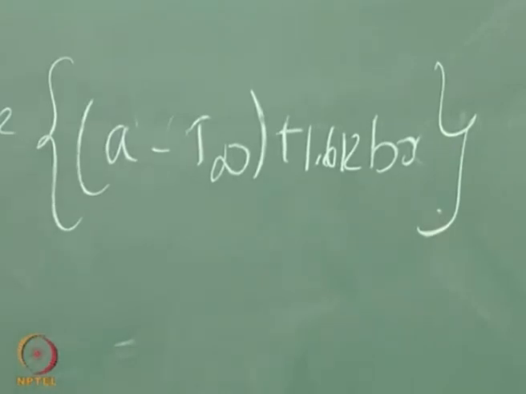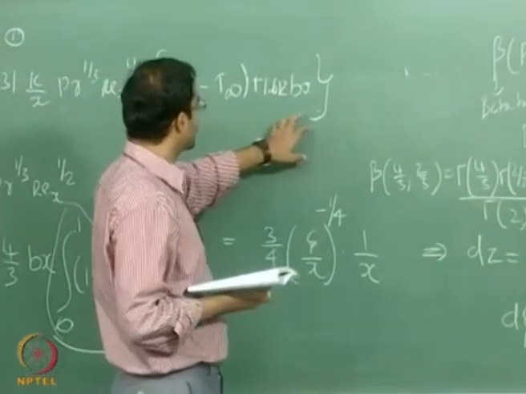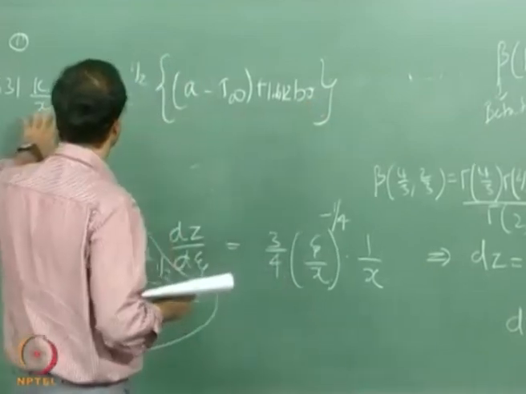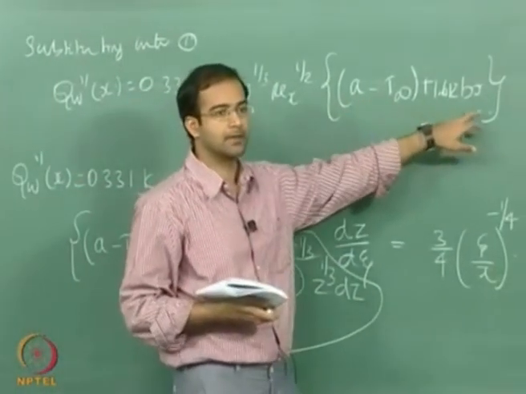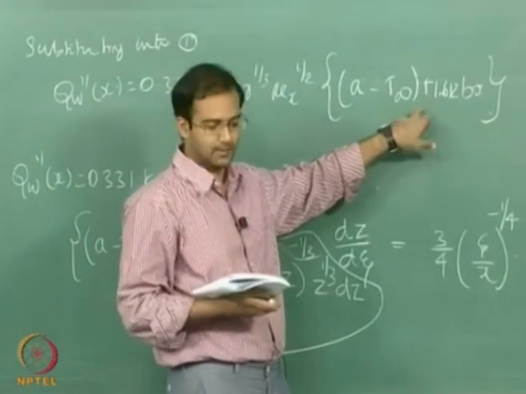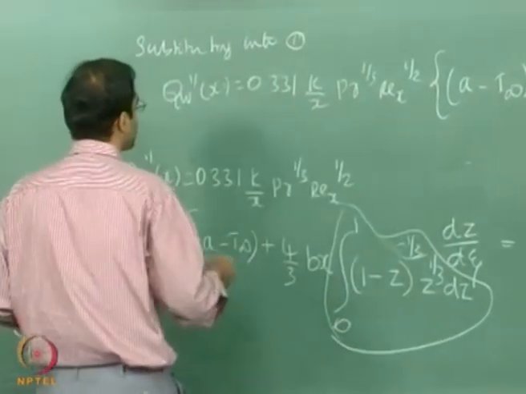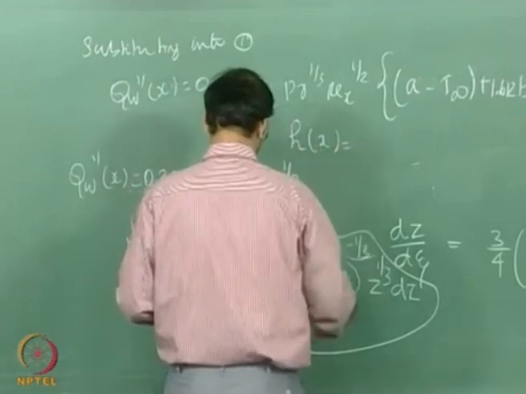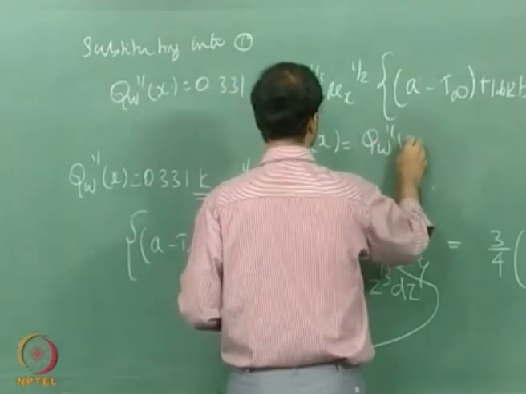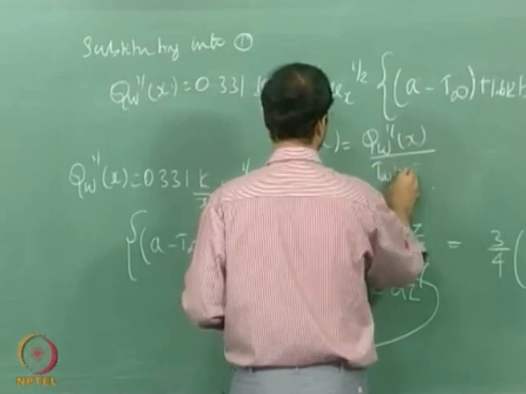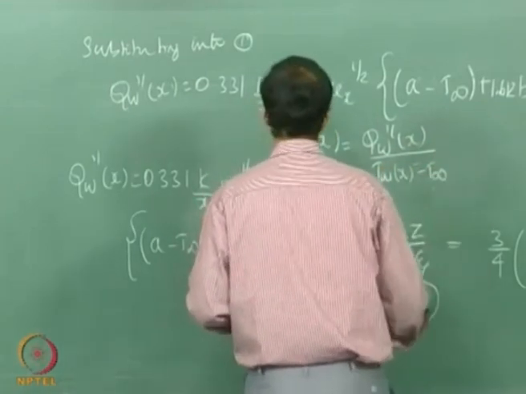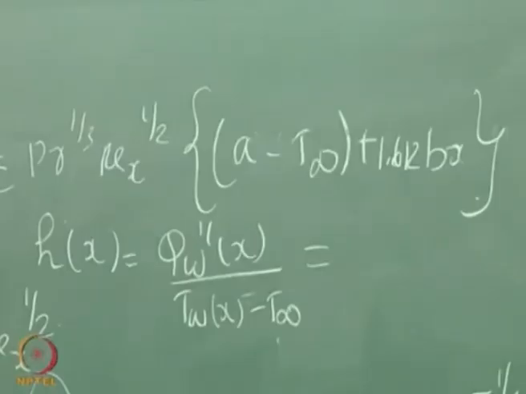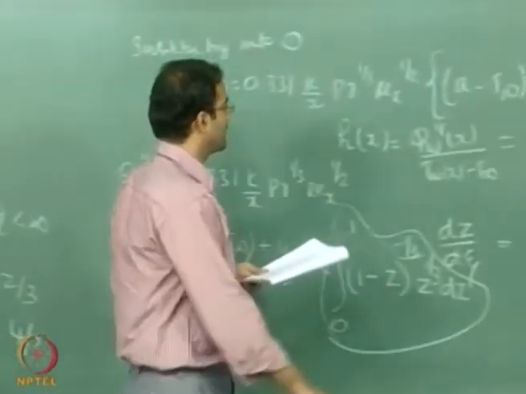Okay. So now we have a complete expression which gives you the variation of heat flux with respect to x, provided you know your constants A and B and you know the free stream temperature T infinity. So now from this the heat transfer coefficient can be defined. So h of x can be defined as q wall double prime x by T wall of x minus T infinity. Now T wall of x minus T infinity can be written as A plus Bx minus T infinity. So therefore you have this entire